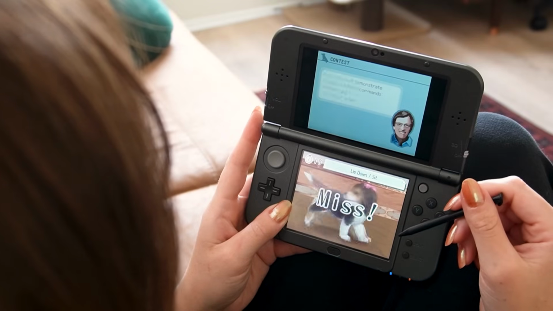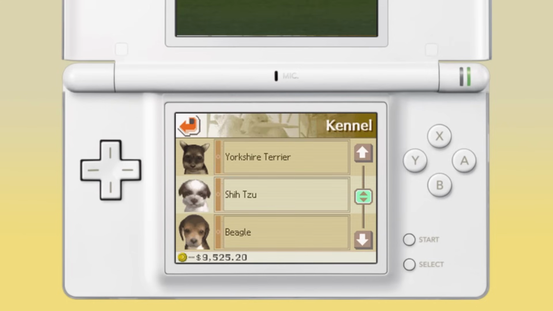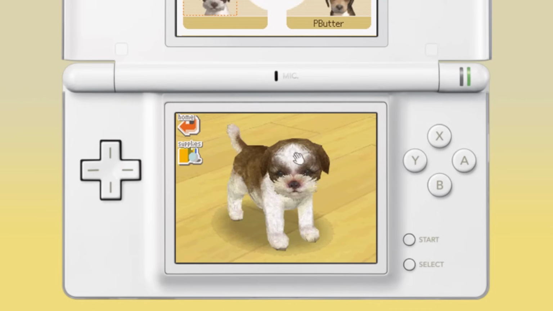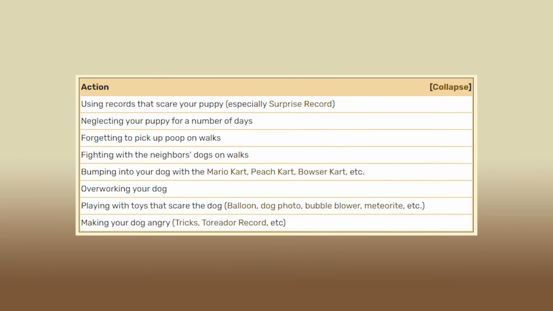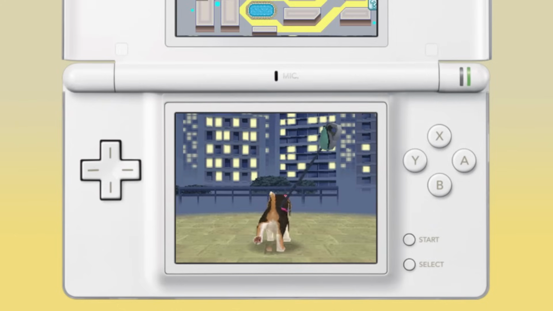Playing in competitions will reward you with trainer points, which unlocks new breeds in the kennel. And of course, the money you win in competitions can go towards adopting new dogs. Maybe ones who actually listen to commands. You get trainer points from other things too, like going on a walk, brushing, bathing, the works. You also lose trainer points from being naughty, like neglecting your dog, overworking them, scaring them, and forgetting to pick